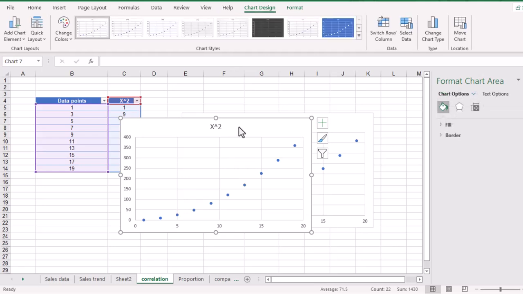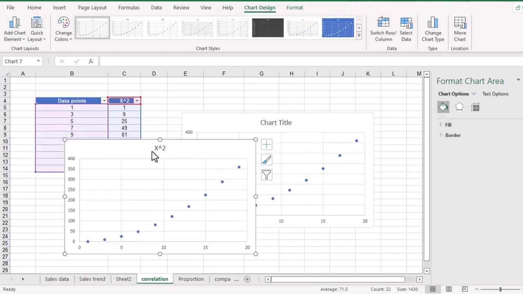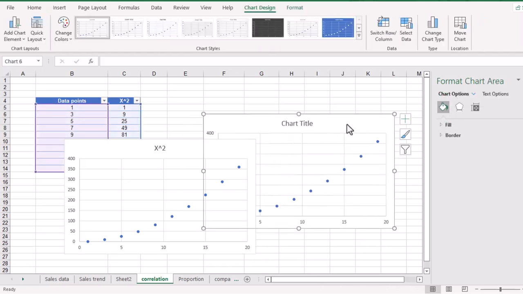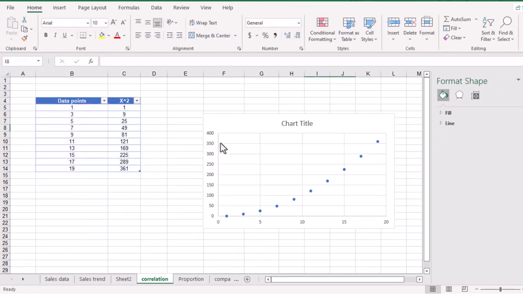As you can see, we have one default title for us, but because we did not do that for this one, that's the reason why we don't have any title. Okay, now let's quickly add a title to this one. Let me quickly delete this one. Let's add a title to this and then